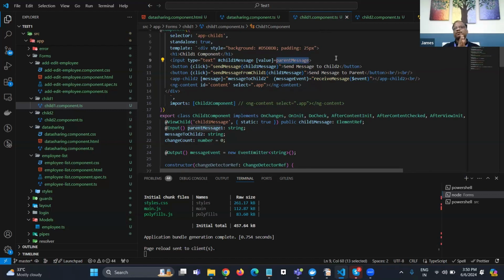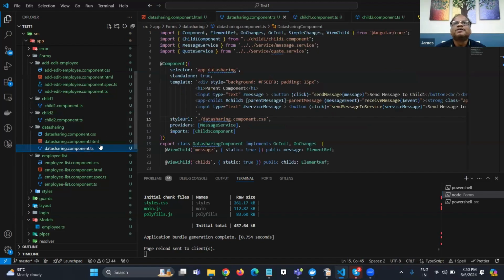So this is how it is working. Is it clear? Forget about other things. Let me just repeat again, since this is a bit confusing. The rule is that whatever value you want to pass, you need to mention it here with this parent, the child